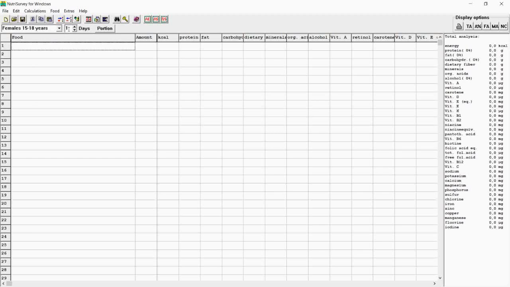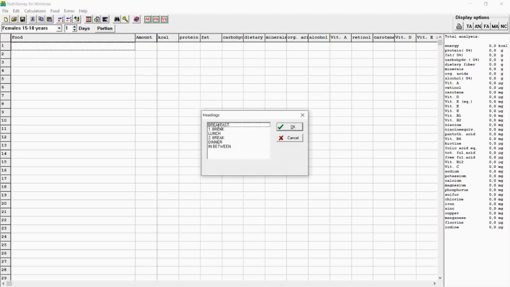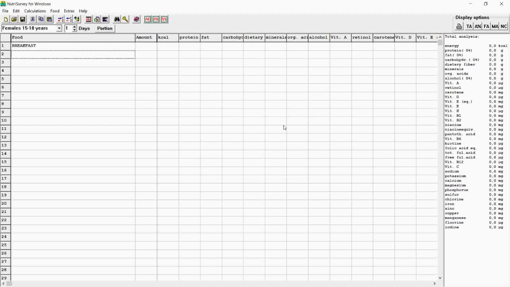If the data is coming from, for example, 2 days, we need to type 2 in this box. So we start with breakfast, so we need to put headings in here. Choose breakfast, and based on the result of the interview, this adolescent girl ate bread, white bread.